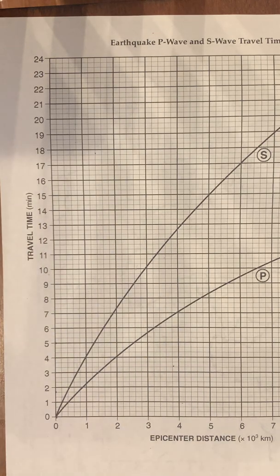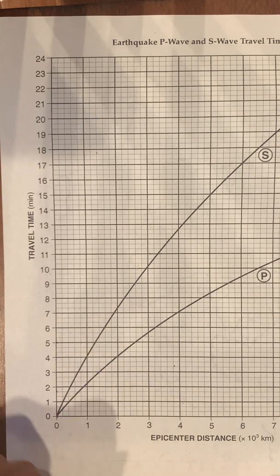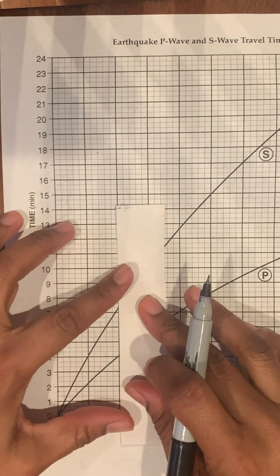Okay, the second half of the worksheet. The distance from the seismic station to the epicenter is 2,000 kilometers away. So they want you to identify the interval of the P and S waves. So here's 2,000. We're using this side first now. We're going to come up here where 2,000 is and mark